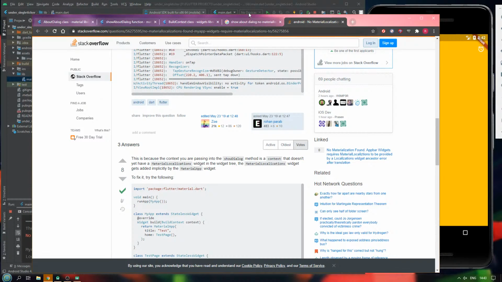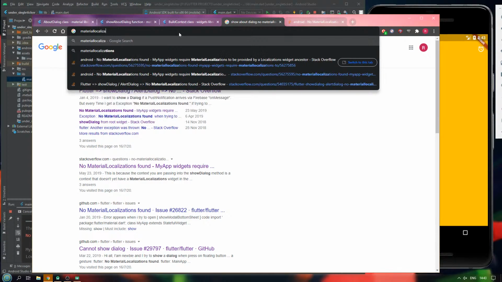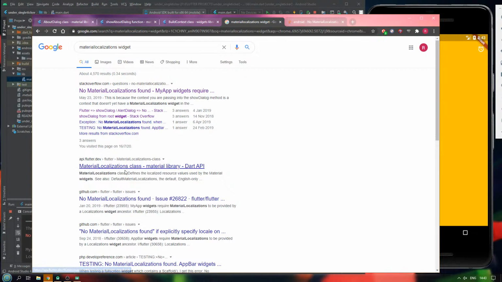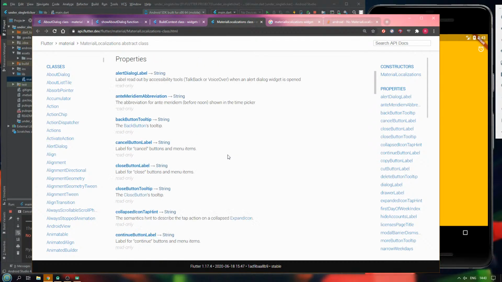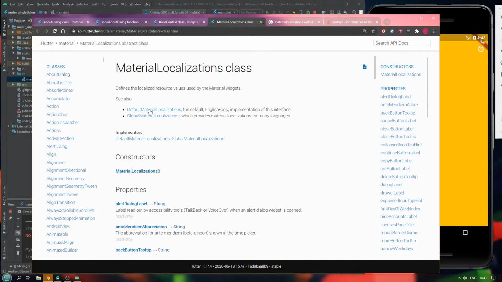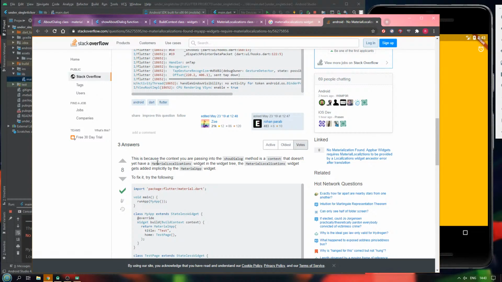Whoa! What is a material localization widget? Material localizations class. Let's see what it is. It defines the localized resource values used by the material widgets. So I'm not really sure what this class actually does, but it is. But the person is saying